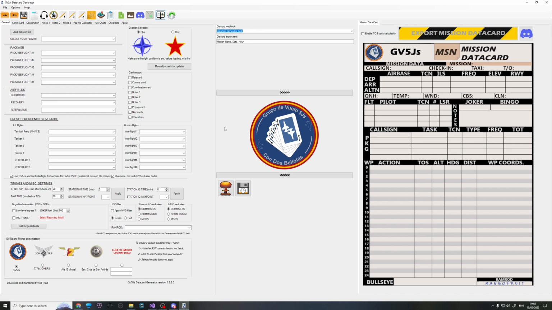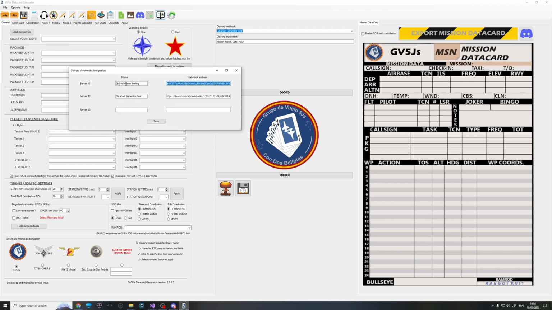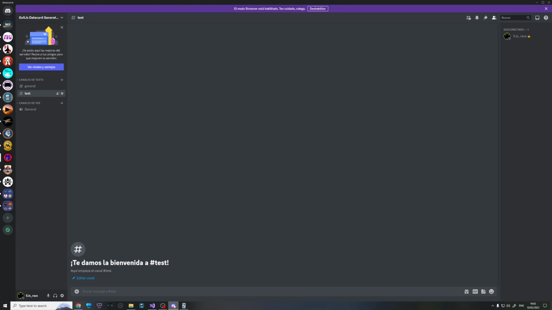So first of all, let's start with the Discord buttons. Under options in the menu, you have edit Discord webhooks. Here you can store up to 3 webhooks. How does this work on the Discord side of things? Here I have a test server that I created,